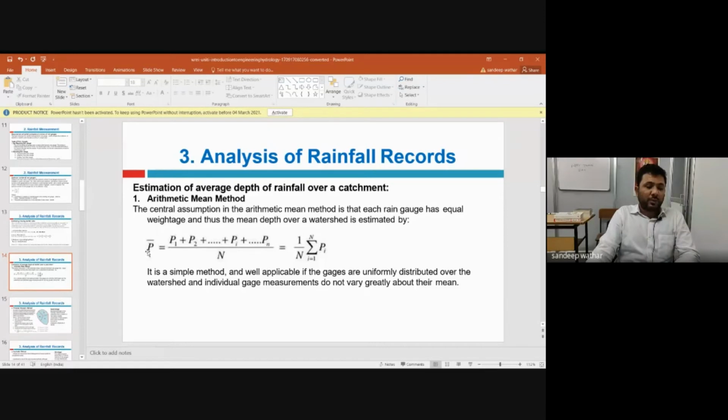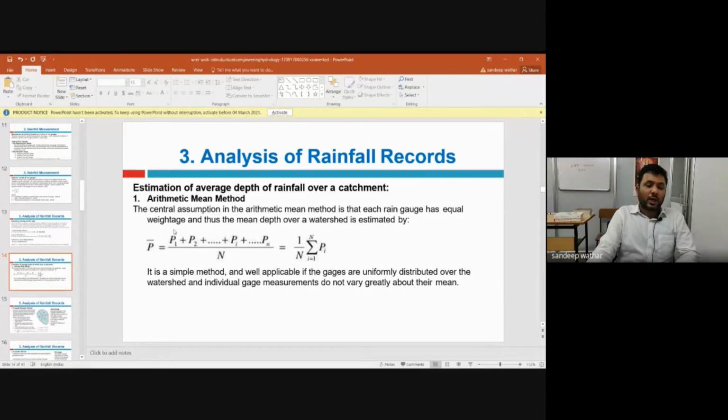For example, if I am calculating the average daily rainfall in a catchment area, say on 7th September, I take the record of rainfall in all the rain gauge stations of the basin, sum it up and divide by the number of rain gauge stations. That will give me the average rainfall that has happened for 7th September.